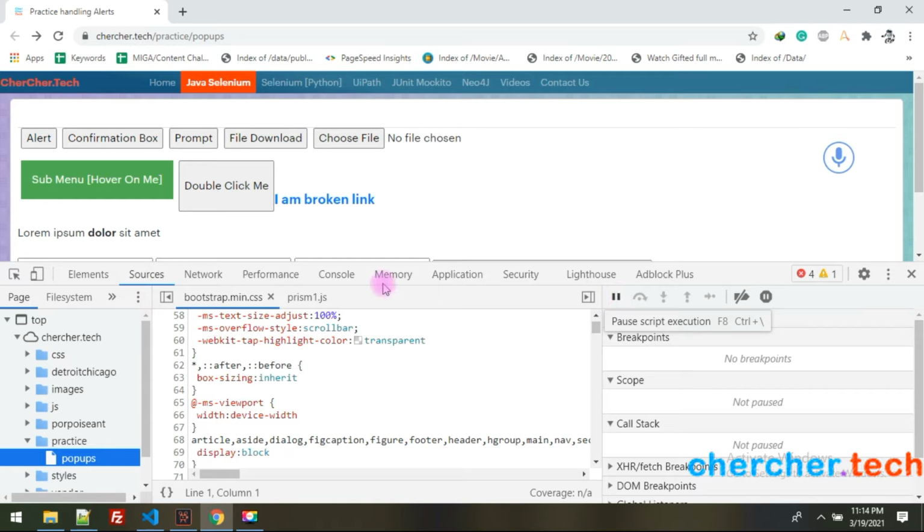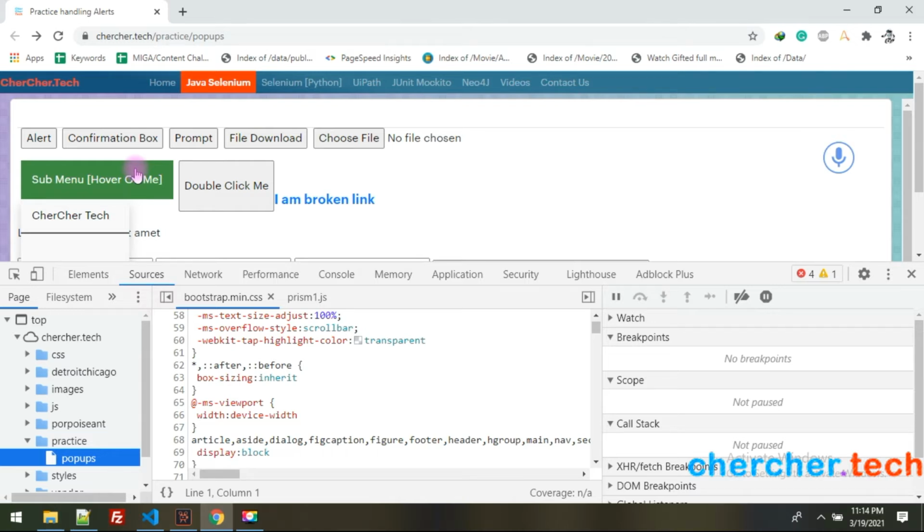For example, if I pause it while hovering, then everything will stop here, nothing will work. Even if I move away, the hover will still be there, because the total website is paused now. Whatever operations or events you do, it will not affect the state, because it is paused. It is just like pausing a video game.